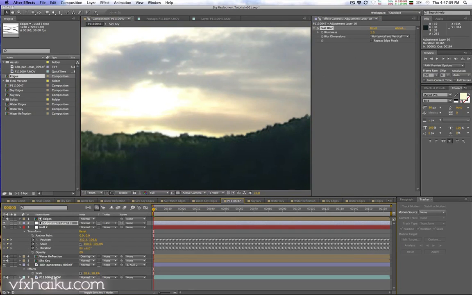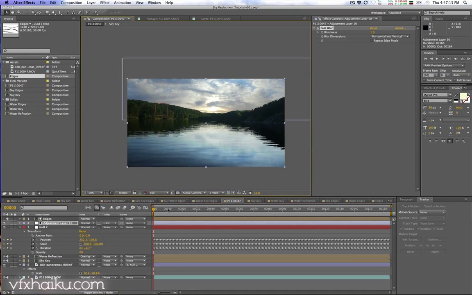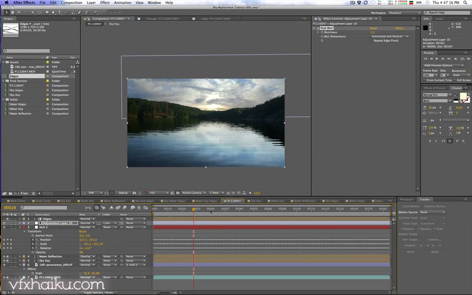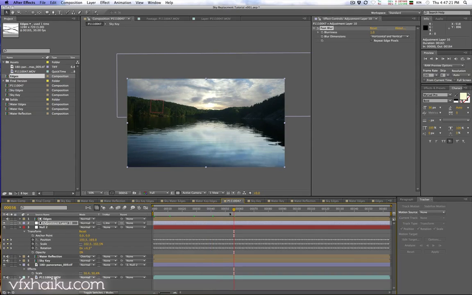Yeah, that's looking a lot better. So if we zoom out, that's starting to look pretty sweet. But it still doesn't look like a real sunset, and we can really fix a lot of those problems with color correction. So let's do that. Okay, so we're going to take our main comp here, and we're just going to pre-compose